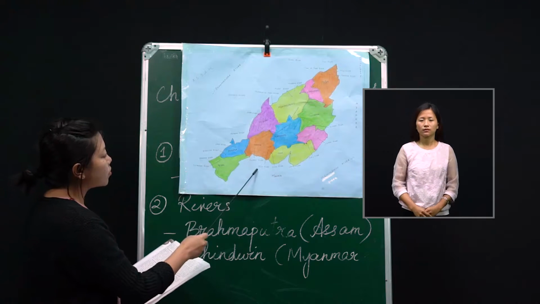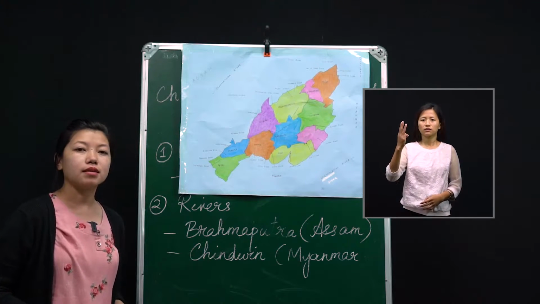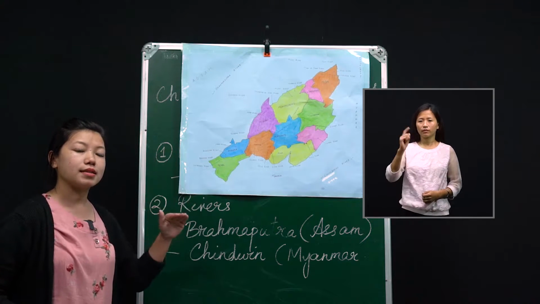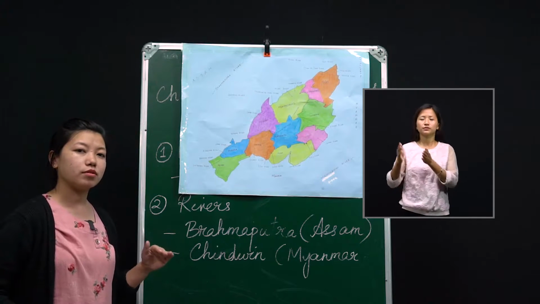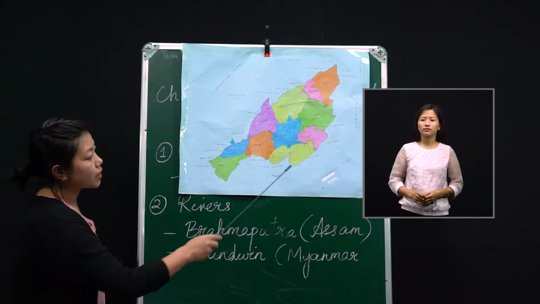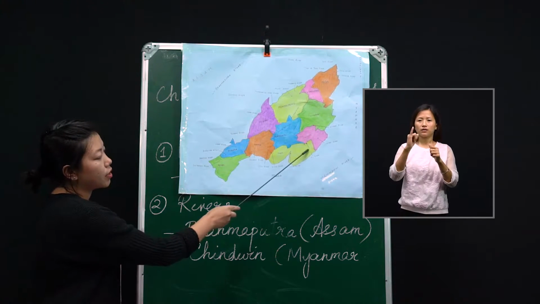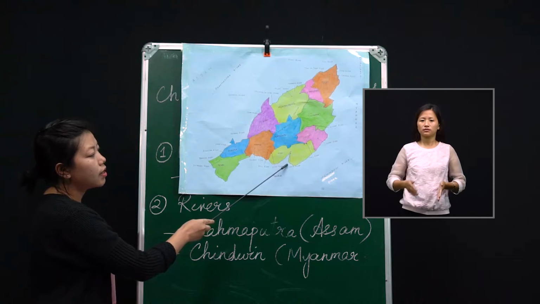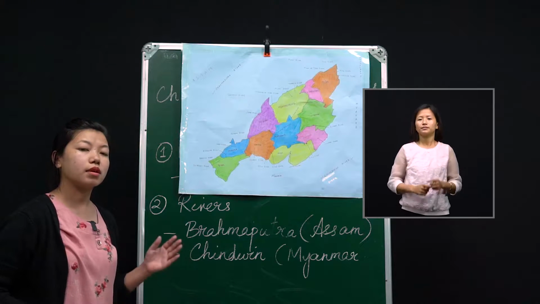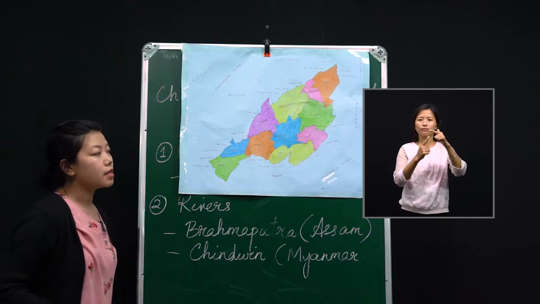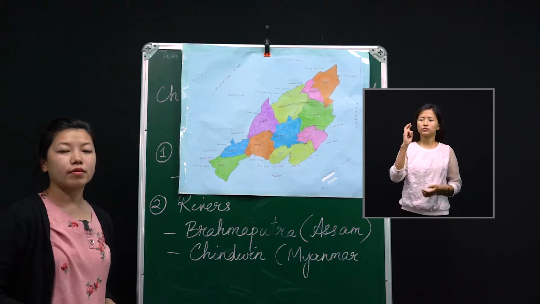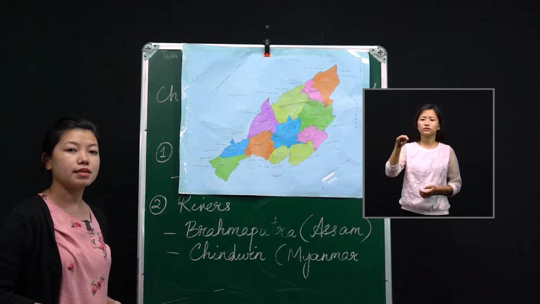Now coming to the third mountain range, that is the Patkai mountain range. Remember, the first one was the lower mountain range, the second one was the middle mountain range, and now I'm coming to the third one, the Patkai mountain range. It is towards this side and touches the border of Kiphire and Peken. Here in the Patkai mountain range, the peak Mount Saramati is located, which is 12,552 feet above sea level.